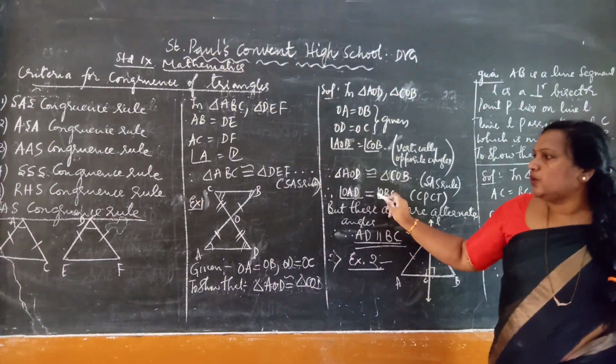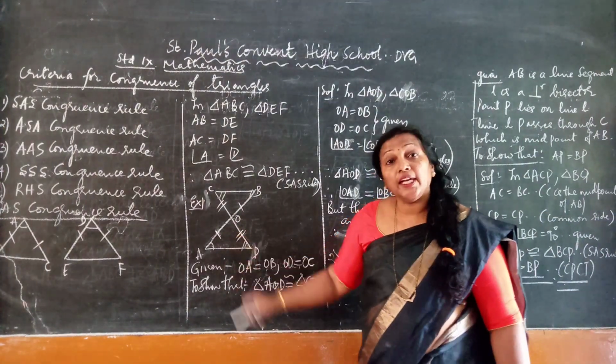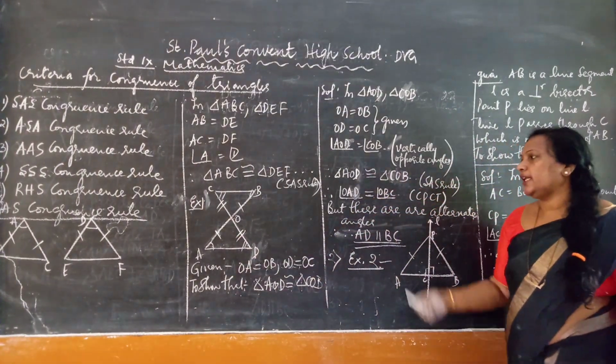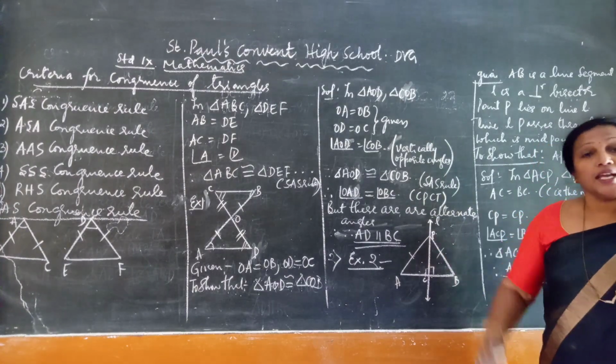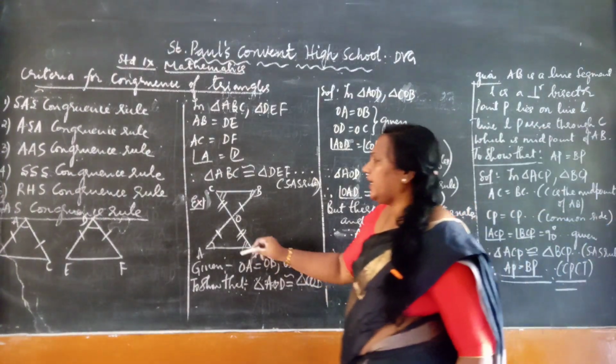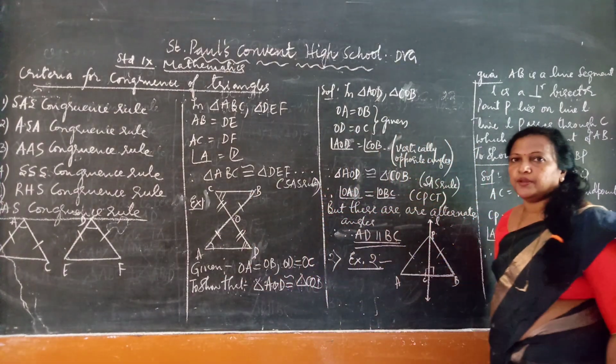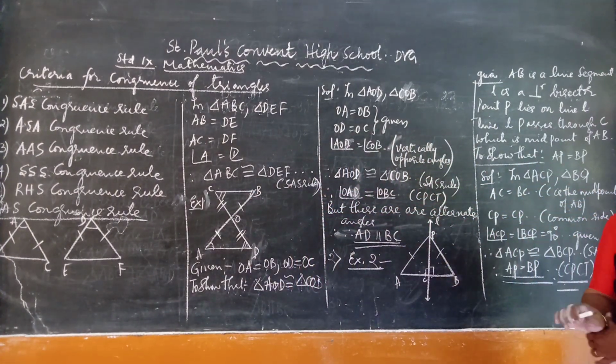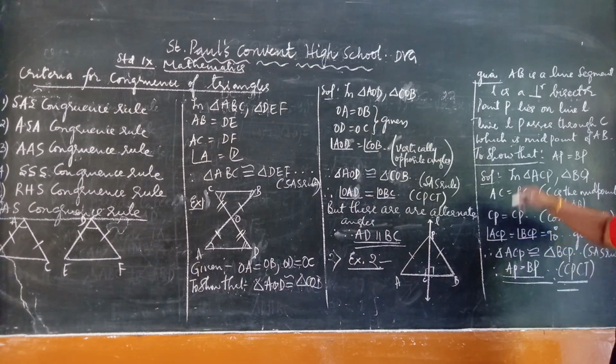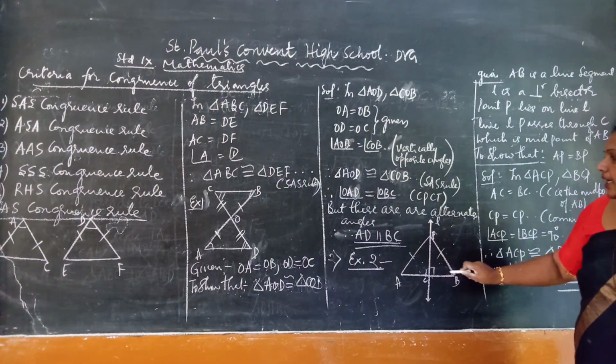But these are what type of angles? These are alternate angles. If alternate angles are equal, then the 2 lines will be parallel. Therefore, I can write AD is parallel to BC. This is example 1. Similarly, in the example 2, he says that AB is a line segment, L is a